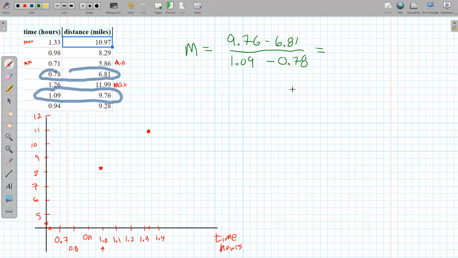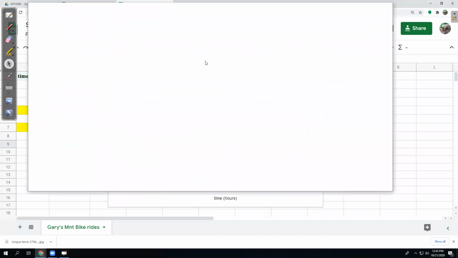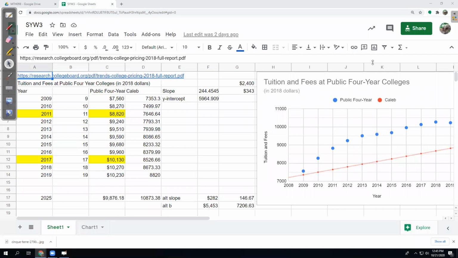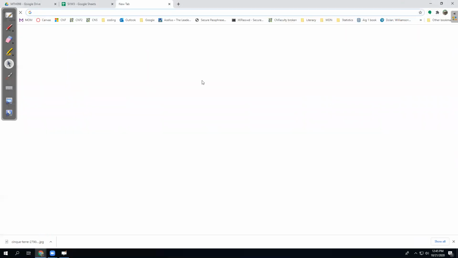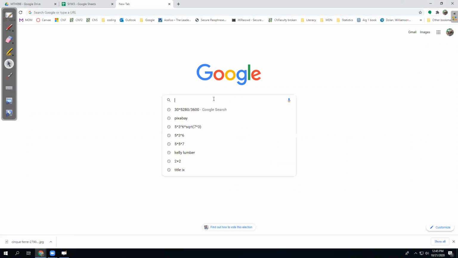Usually I calculate this in one shot on my calculator by putting them in parentheses. So let's see how I do here. Calculator out. I could use my spreadsheet as a calculator, but many of you don't, so I'm just going to use Google as a calculator.